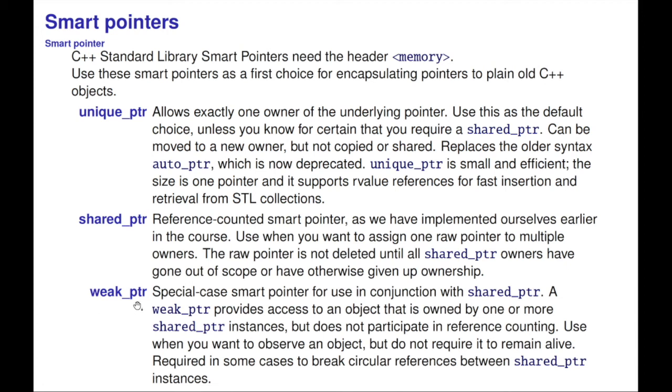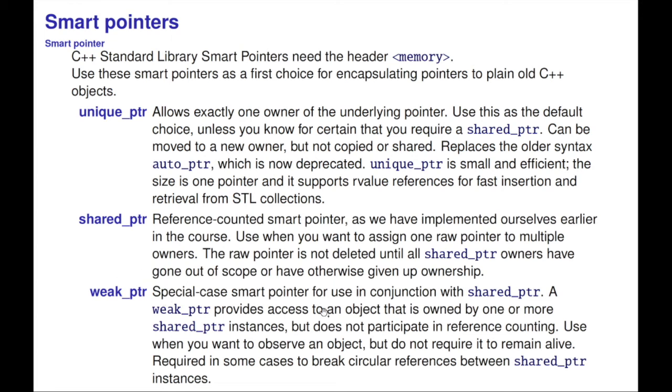Then there's one more, the weak pointer, which actually should not be used too often, but can be kind of useful to deal with some edge cases. Actually, it's required for a set of circular pointers. You need one weak pointer in that case. So you've got an object pointing to an object, pointing to an object, and finally pointing back to the first object. Then one of those links needs to be a weak pointer.